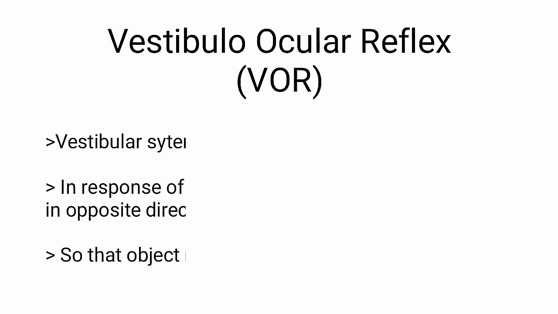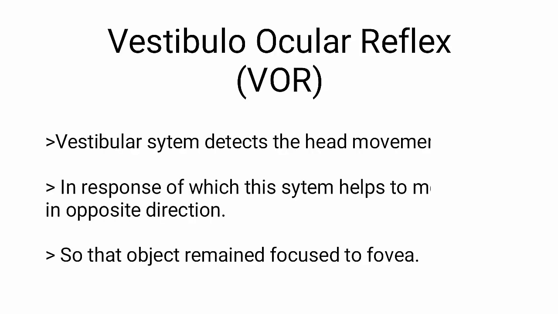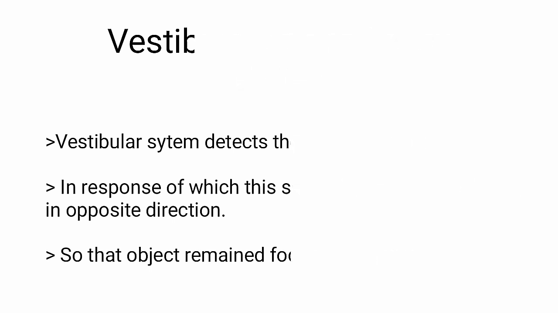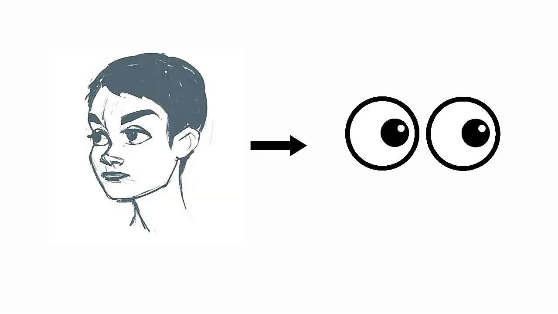For a better understanding of nystagmus, we should first consider the topic of the vestibulo-ocular reflex, that's VOR. The vestibular system detects head movement, in response to which the system helps to move the eyes in the opposite direction so that the object remains focused on the fovea. For example, if you turn your head to the right, your eyes automatically move to the left side,